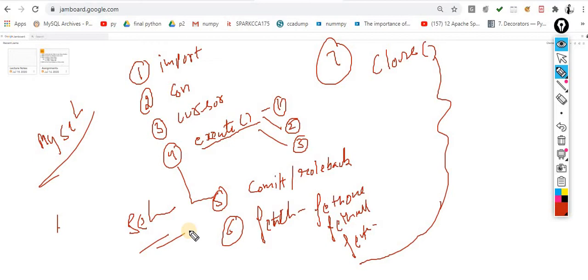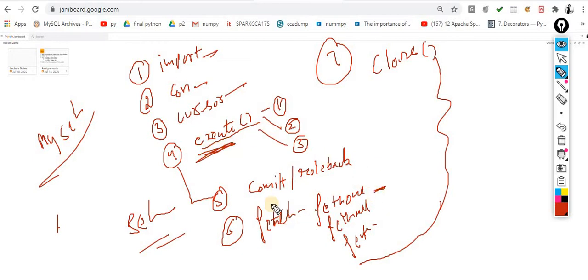So I think the picture is more clear about what MySQL is, and what the various steps are with the help of which you connect with MySQL. What are the various methods and terminologies that you have to use. These are the mandatory steps, 1, 2, 3. Without these you are not able to proceed. The next is execution. You want to execute a query or you want to fetch the query. The choice is again here.